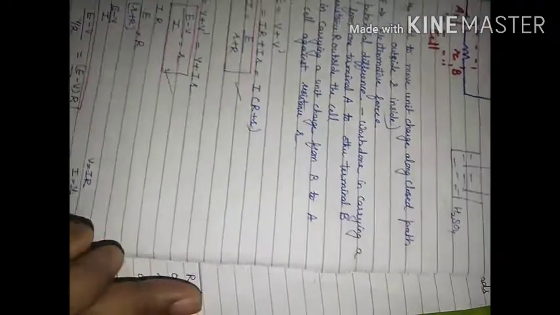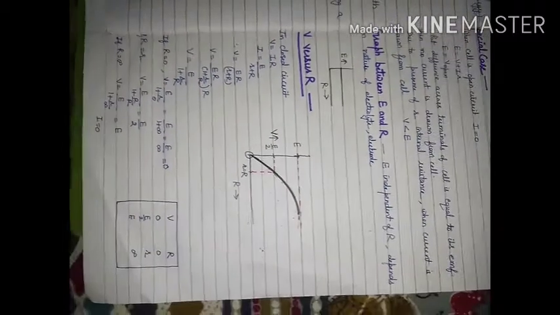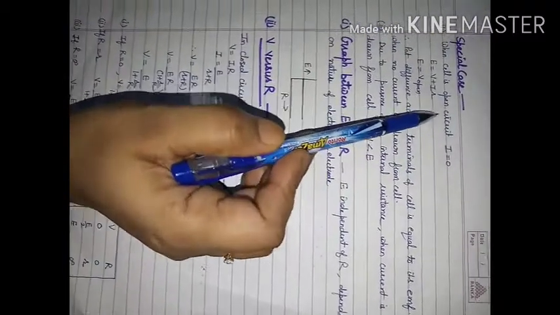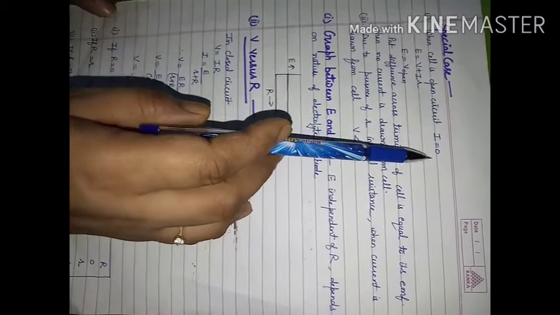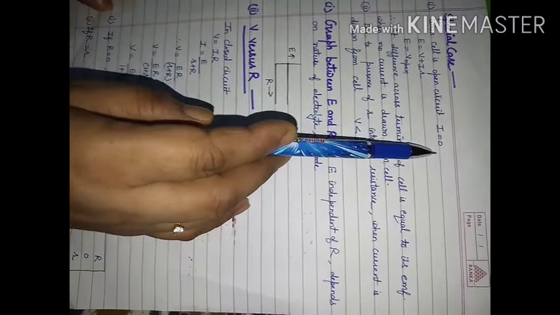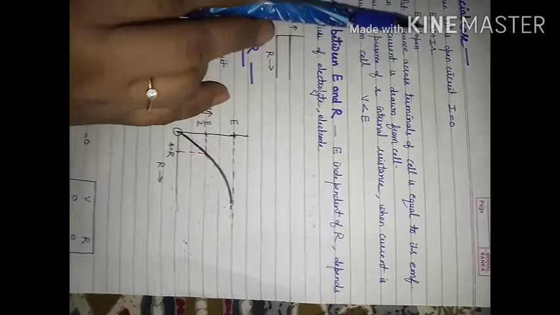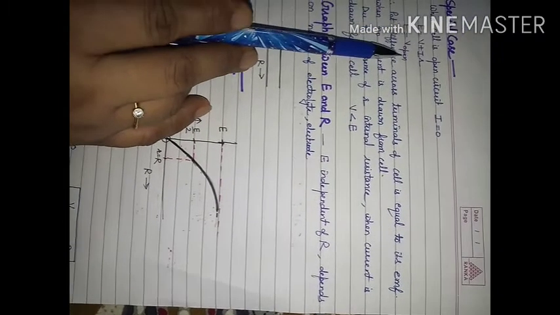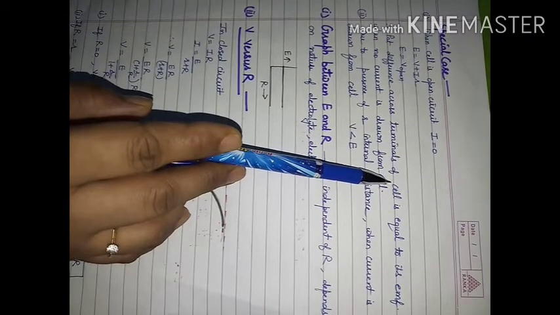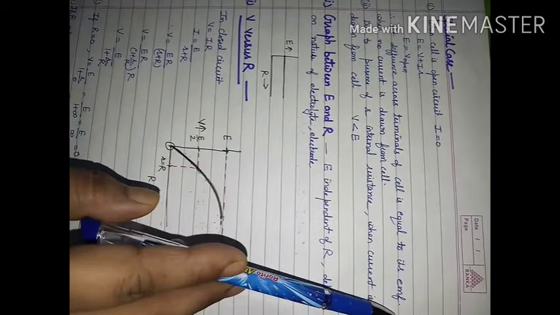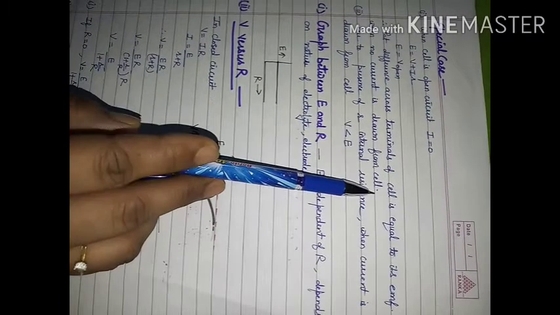Now we will consider the graphical portion and special cases related with this. First case I will consider when your cell is open. You are not going to draw current. Then in that case I will be equal to 0 and E is equal to V plus Ir. This term will become 0. So E will be equal to V open. So the terminal potential difference across the terminals of a cell will be equal to EMF when no current is flowing or no current is drawn from the cell.